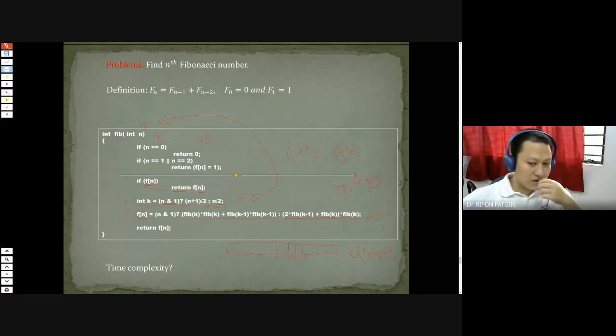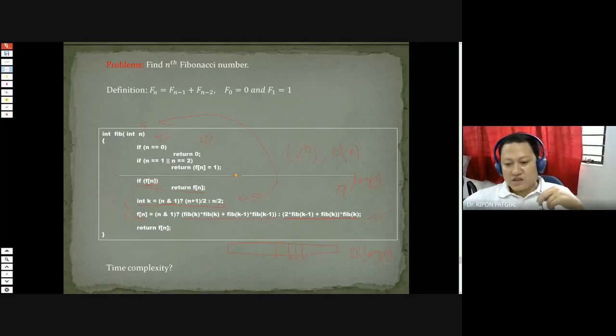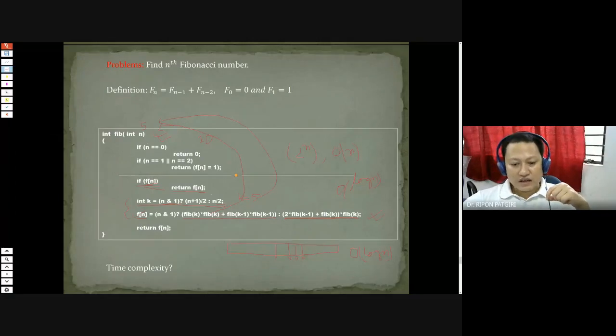So this problem means you need to call again and again, and it also uses extra space: log n extra space, because of the recursive calls. If you use recursive calls, then extra space is used by the operating system. The operating system will provide extra space to remember the earlier status of the functions, since it is jumping from one function to another.